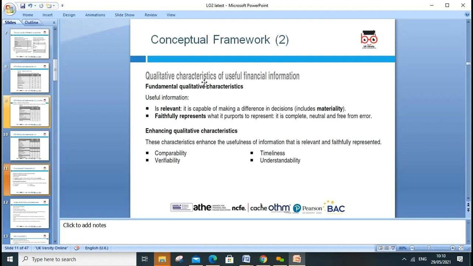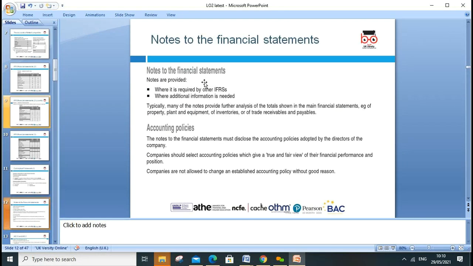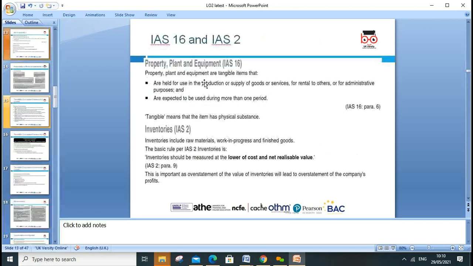These are called qualitative characteristics of financial statements, and those are crucial. Notes to the financial statements are required by IFRS or other accounting policy. In the notes we can disclose what policies we have, such as depreciation policies, revaluation policies, what basis we used, or how we recognize the assets and the liabilities in the